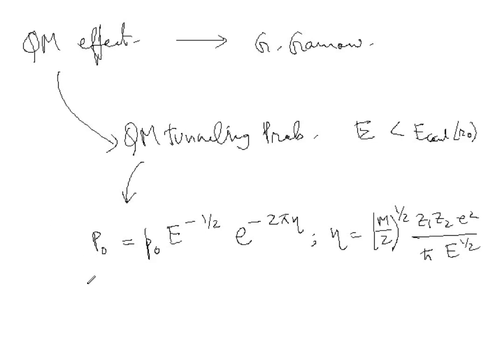Now this can also be written another way, in different coordinates, but in a better way to understand. We can write it as this. So this P0 is basically the penetration probability. So this is approximately equal to exponential minus